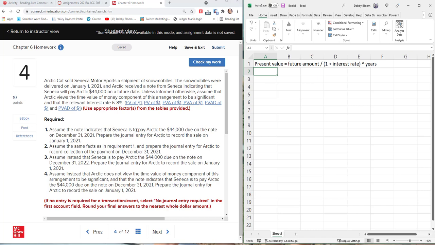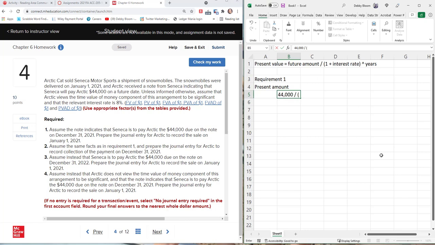Let's say the number of years is 1. We'd have our present value is the future amount divided by 1 plus the interest rate. Well, if we take the present value and multiply it by 1 plus the interest rate, we get to the future amount. So this is just solving for a different amount. So let's look at requirement number 1. For requirement number 1, there's a couple of ways that we can calculate that present amount. The first way that we can calculate the present amount is to take the 44,000 and divide by 1 plus